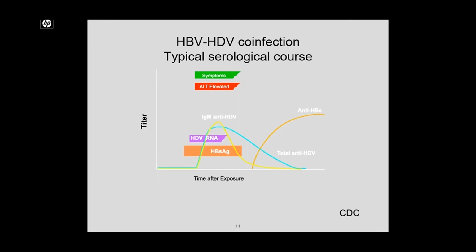The patient will present with severe symptoms, elevation of the ALT, jaundice will occur, and this patient could have an acute fulminant course of infection. Later, within actually 6 months, both hepatitis delta and hepatitis B will clear, and they will have probably only IgG anti-hepatitis D virus up to probably 8 months, and they will have anti-HBs. One peculiar thing in hepatitis delta is that a patient who has had a previous infection will not have any marker for delta after 8 months or so. So you diagnose only anti-HBs, and if you measure the core, anti-HBc will also be positive. That shows a previous infection of hepatitis B,